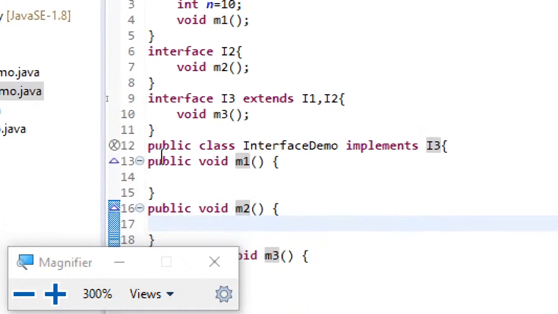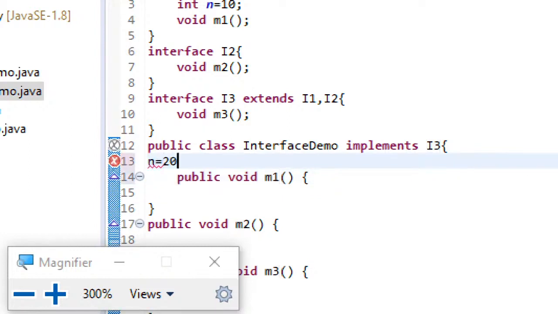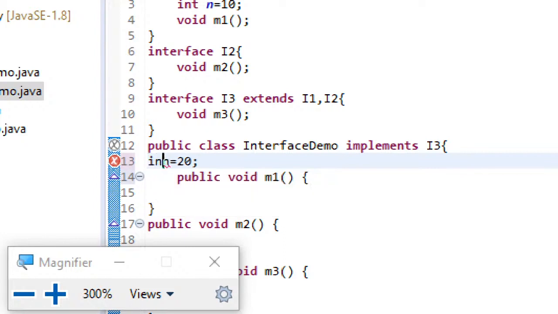And similarly, as I said here, if I try to say n equal to 20, you can see an error. Why? When I move my mouse cursor, you can understand. If I write int, now it won't give any error, because it's treating this as its own variable.